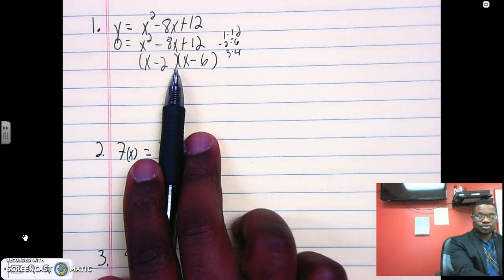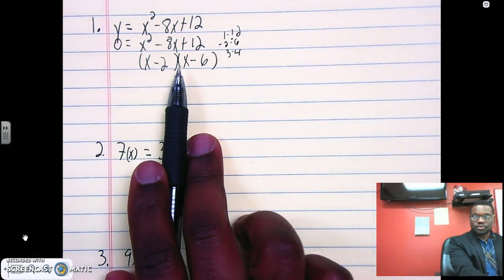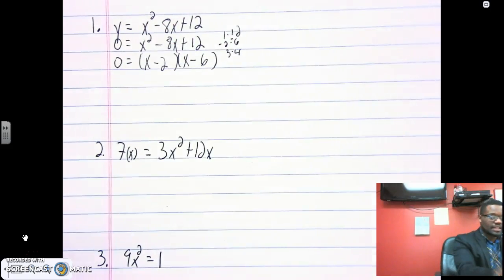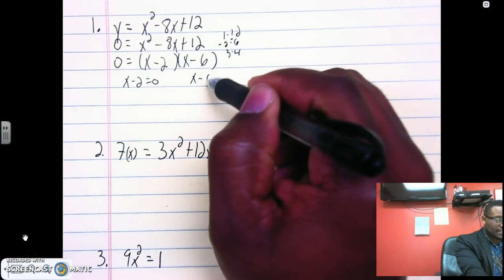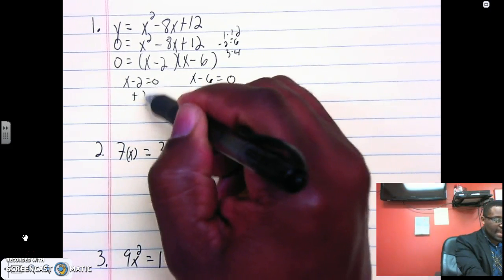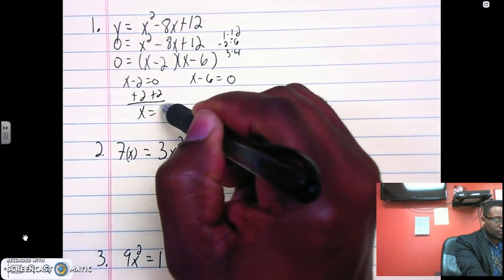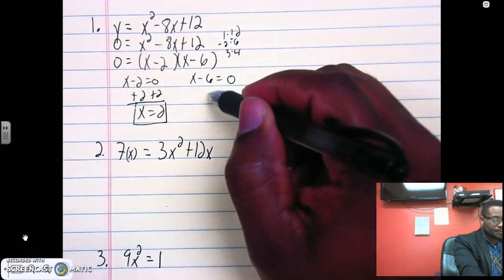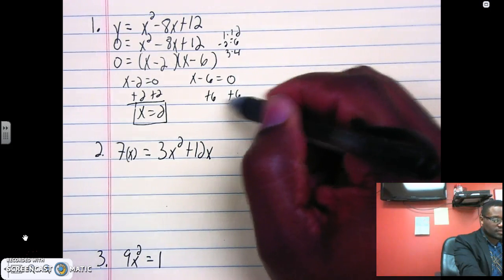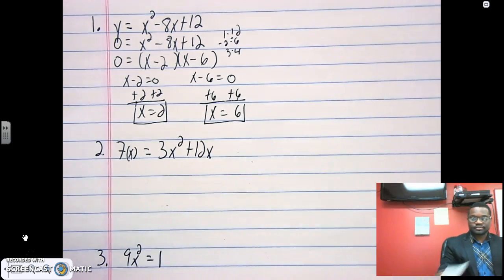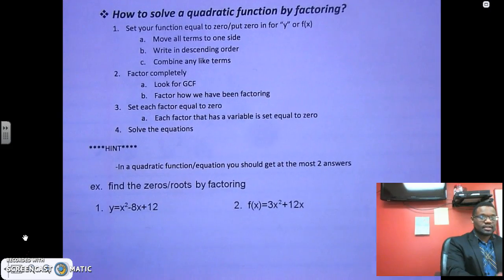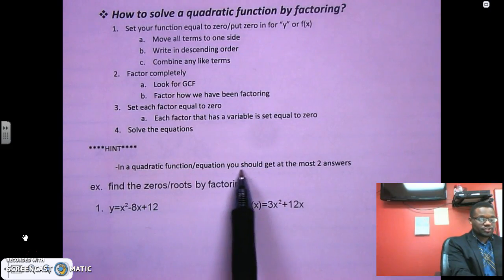But now I'm asking you to solve. So I'll bring that down. Each one of these, x minus 2 and x minus 6, gets set equal to 0. Add 2 to both sides. x equals 2. That's one solution. Add 6, and that's another solution. Now, notice that in a quadratic function or equation, you should get at